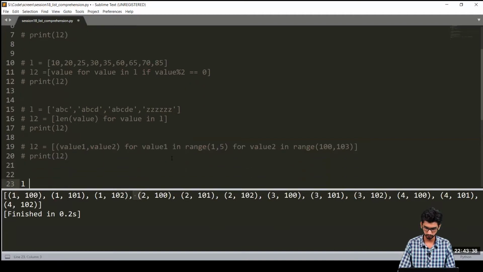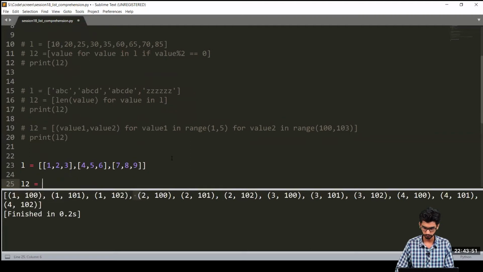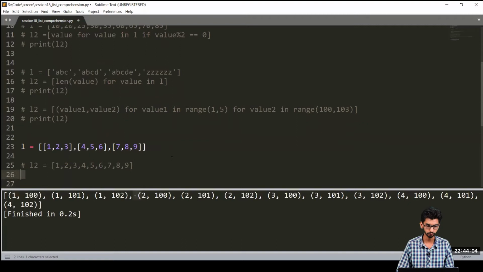Let's say you have a list of lists: 1, 2, 3, 4, 5, 6, 7, 8, 9. And you want to output something like this: 1, 2, 3, 4, 5, 6, 7, 8, 9. How to solve this using comprehension? Let's try to do it using a normal for loop first. If I say for value in L, and I say print value,